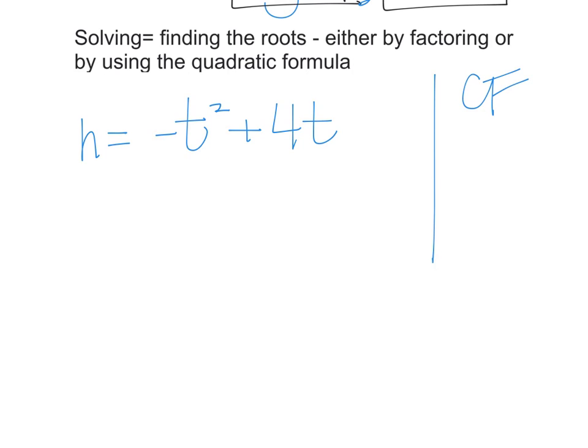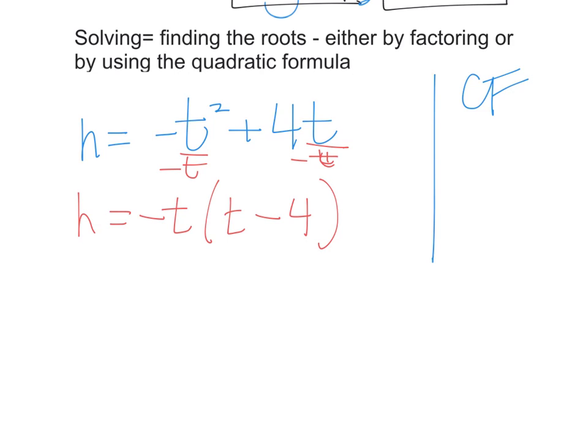And if I'm looking at a common factor in this question, as soon as that first term is negative, the negative is part of the GCF. As soon as you see a negative first term, that means this negative belongs in front of the brackets. Also, as soon as you see that both terms have a variable, that's part of your common factor. So negative t is the common factor. It's the GCF. When you divide by negative t, you get t minus 4 in the